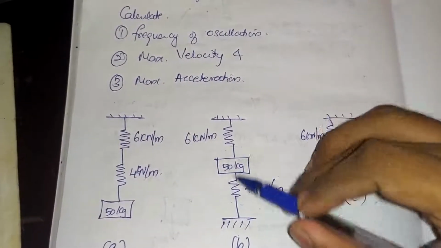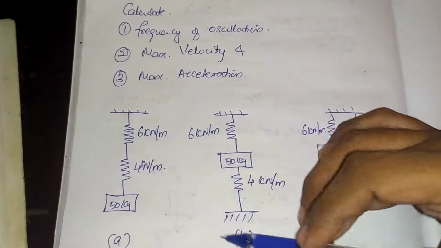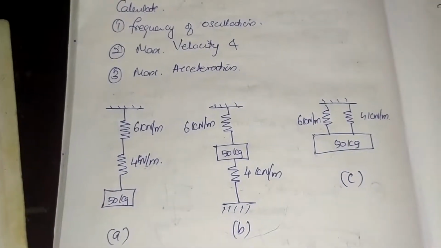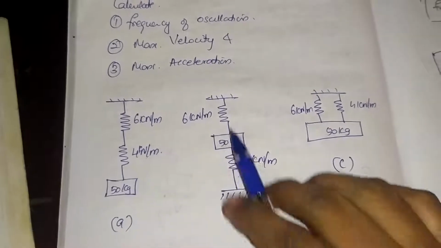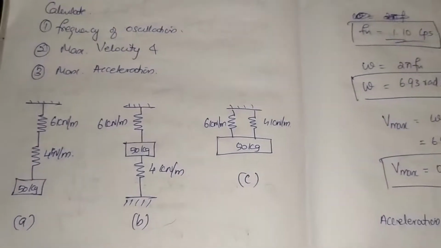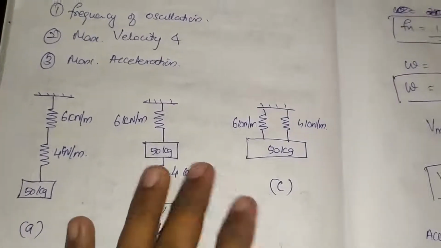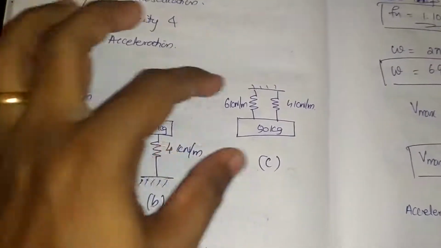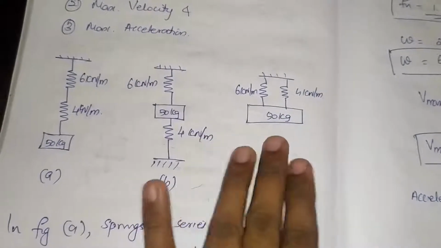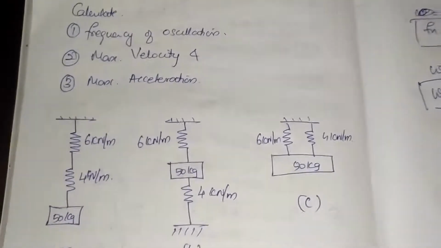The system is in series only if there is a junction point between them. Here there is no junction point between them. You might have studied this in the case of resistors, in +2 physics. So the same concept has to be applied here. So this is parallel and this is also parallel. So both will have the same answer. Nothing is changing, so they will have the same answer.